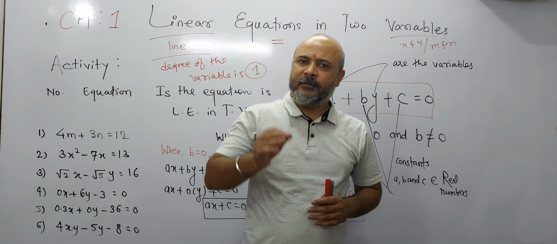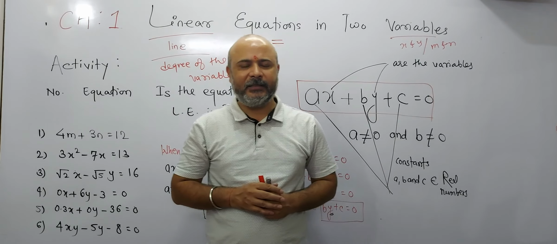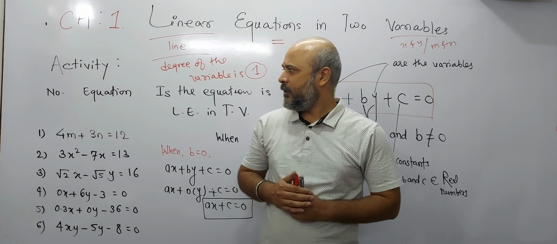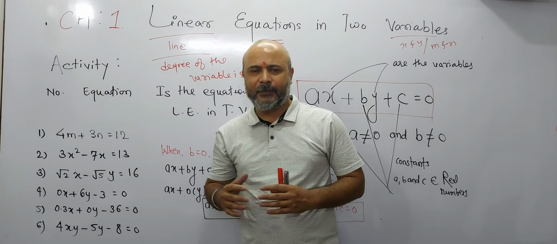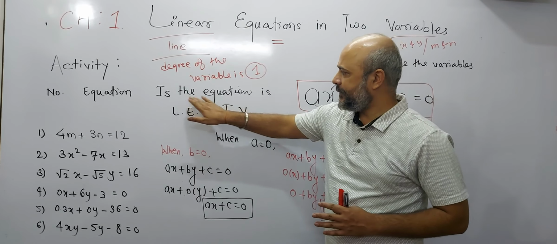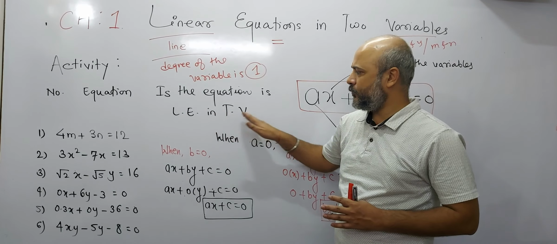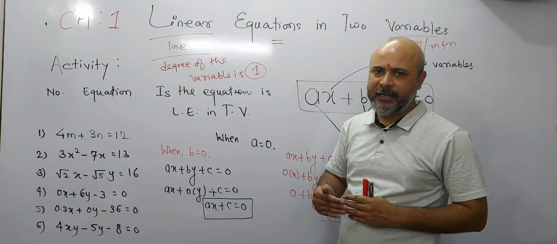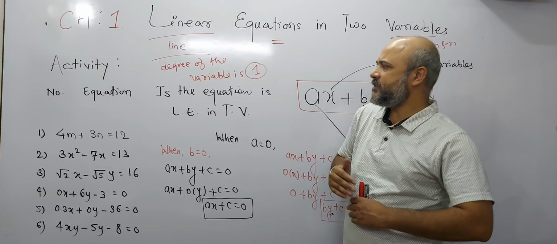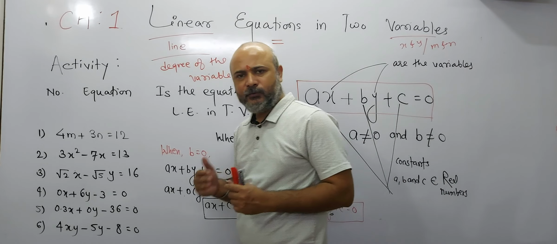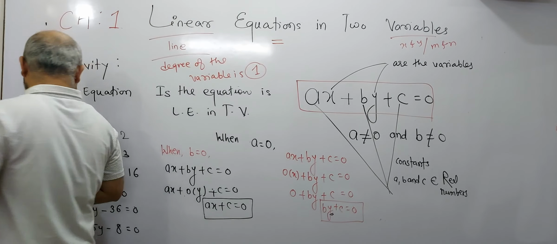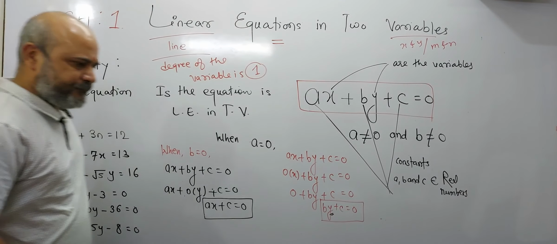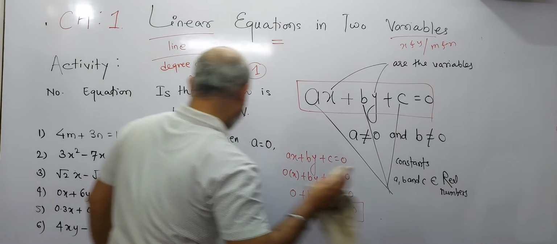आपके टेक्स्ट बुक में फर्स्ट पेज पे एक एक्टिविटी दी हुई है, how we will solve. आपको ये बताना है स्टूडेंट, आपको क्या बताना है, आपको बताना है is the equation a linear equation in two variables. क्या वे लीनियर इक्वेशन इन टू वेरिएबल्स है या नहीं. It means that whether they are linear equation in two variables or not. Now student, activity.